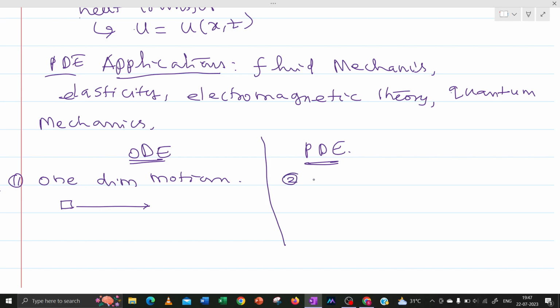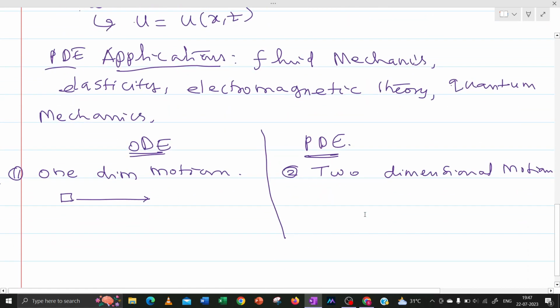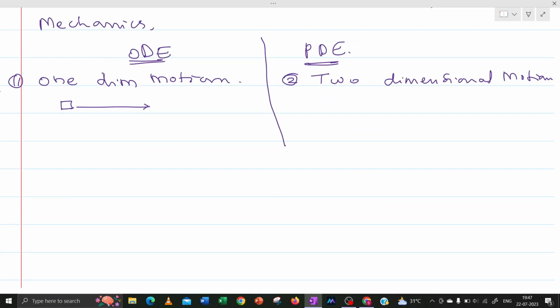Whereas in the case of a two-dimensional motion problem,